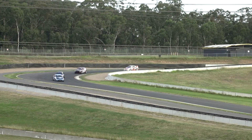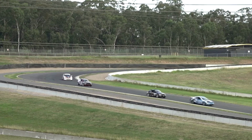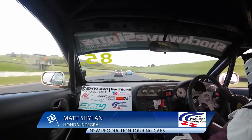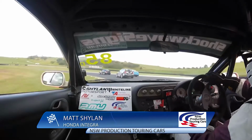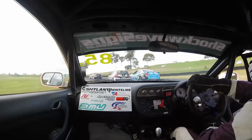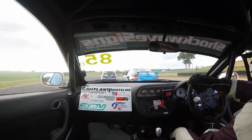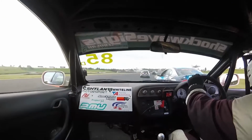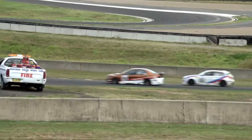As the rest of the field make their way around, Matt Shilan again there at the back of our shot. We go on board with him through turn 2, trying to fight with the guys in front of him. I mentioned earlier that as far as Class D is concerned, he's got a real fight on his hands this